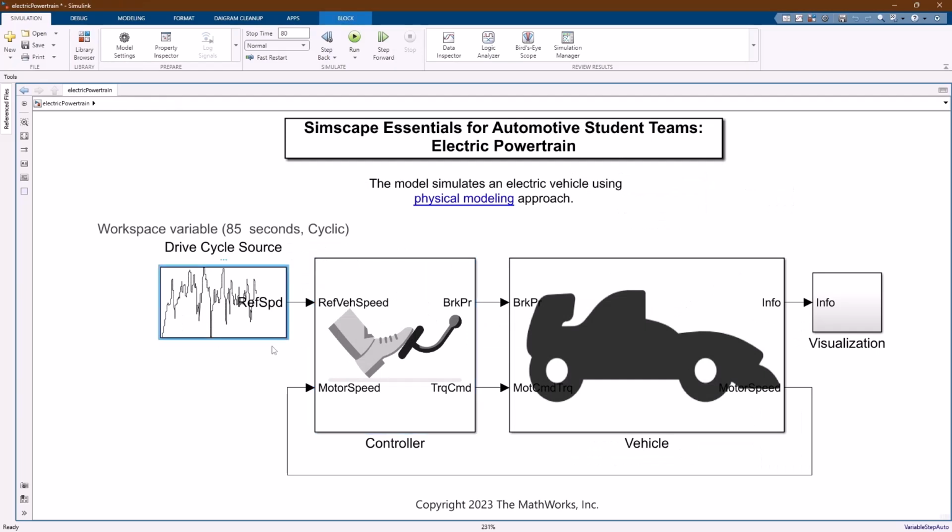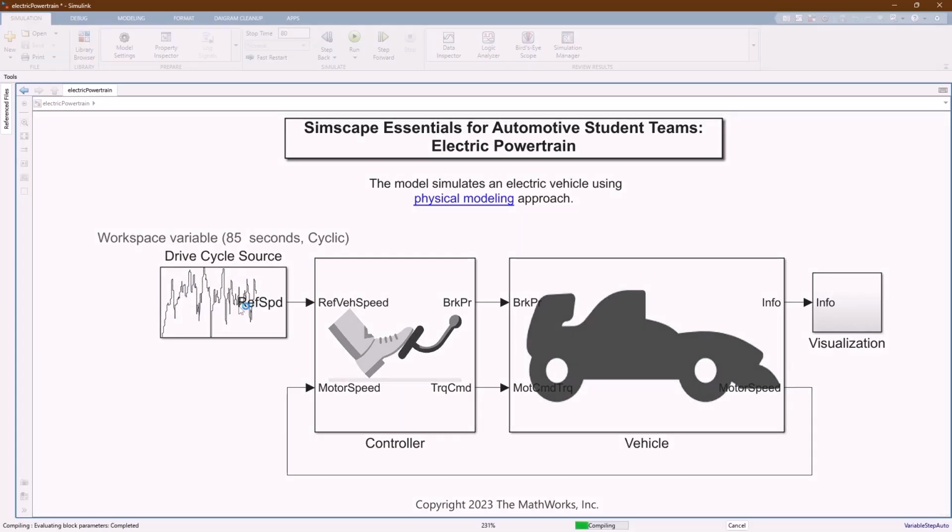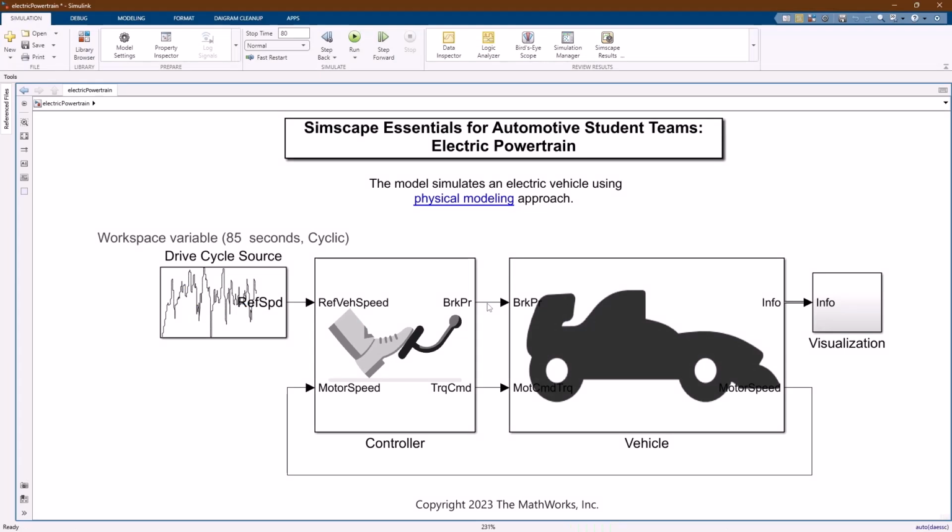In terms of the reference vehicle speed, on the track, a driver might be determining that based on practice laps or may have some specific targets in mind. In our case, we have a velocity trace from a Formula Student vehicle on a lap that we're going to use as our target speed. So when we run this, we're going to take that reference speed, convert it into brake and torque commands for our vehicle, which will eventually drive the glider model from the previous video forward.